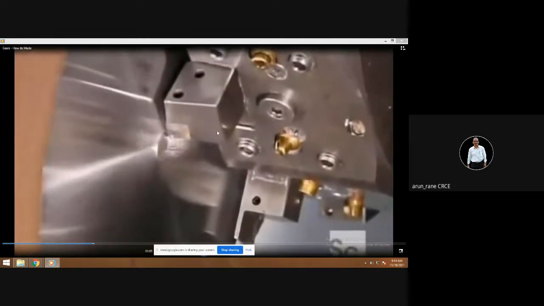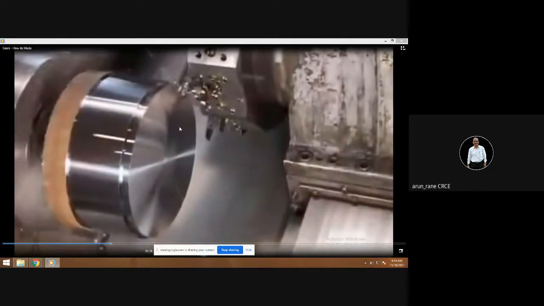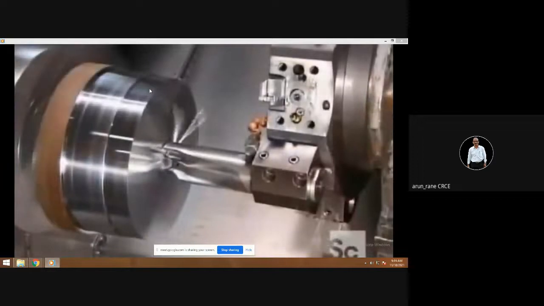This is CNC lathe. During the facing, you have to move the tool right a little ahead of the center so that there is no pip. This operation is your OD turning. Look at the chips. The chips are breaking. It's not coming continuous. These are called the discontinuous chips.